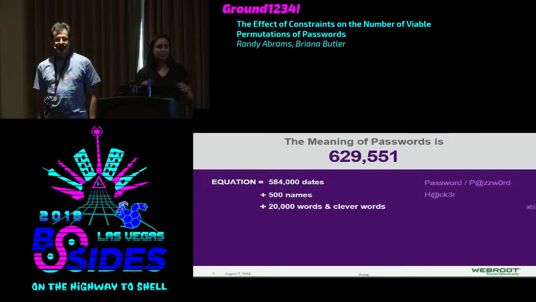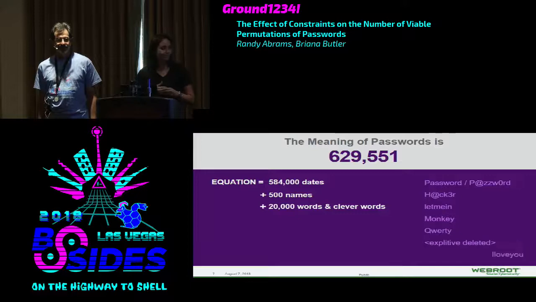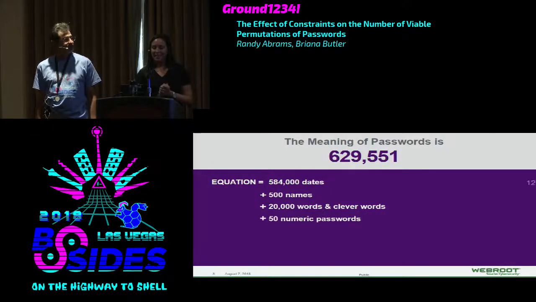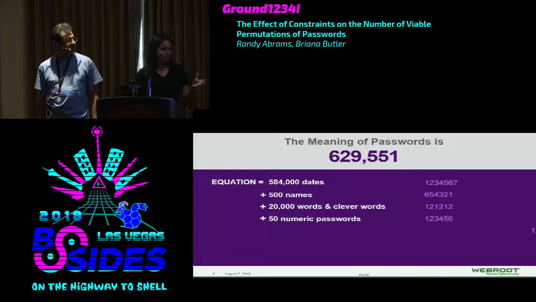Next, we added 20,000 words, or what we might think of as clever words. Interestingly, in some of our analysis, we found "entropy" was used, which we thought was a clever word for passwords. Then we added 50 numeric passwords,